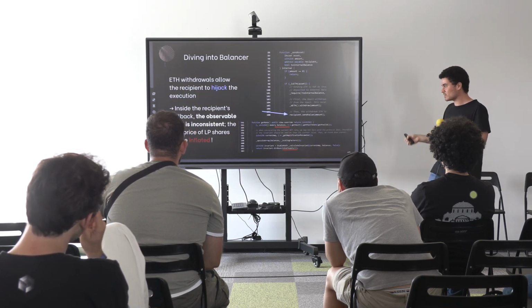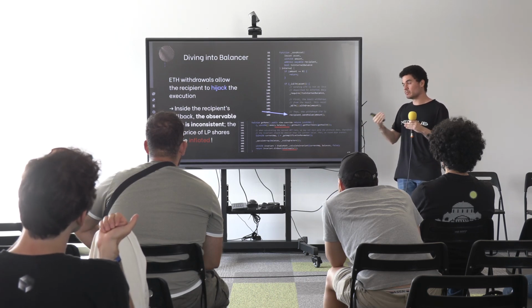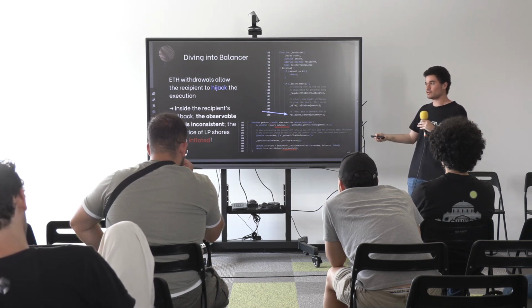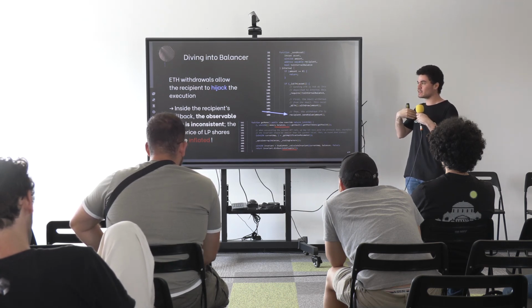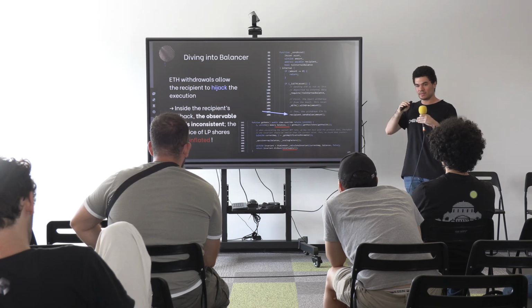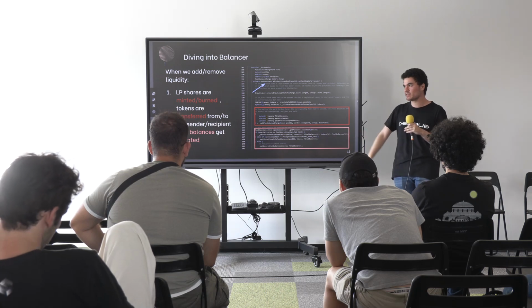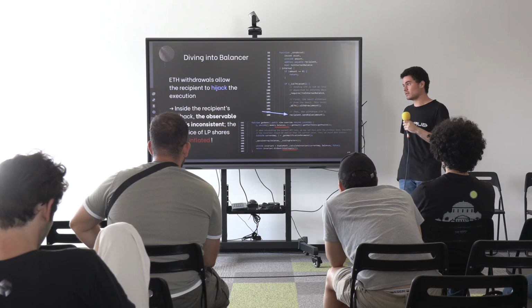That means that even though the LP tokens will be burned, meaning that the total supply of those will be adjusted, and we will have received our funds, the pool doesn't know it yet, because the balances have not been updated yet. And that's the key idea behind Balancer's